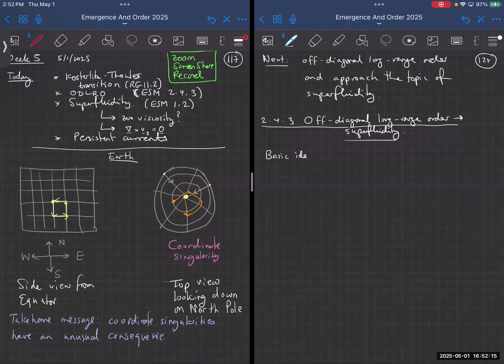So let me just tell you what the basic idea is. For the main thing I want to tell you about, you don't need any more than this basic idea. First of all, what is the question we're asking? The question is, what are the physical consequences of having macroscopic occupation of a quantum state? Macroscopic occupation of a single quantum state, usually the ground state, has astounding properties.